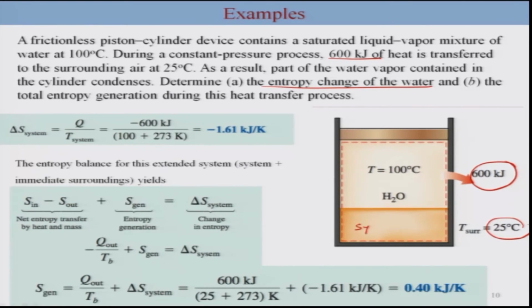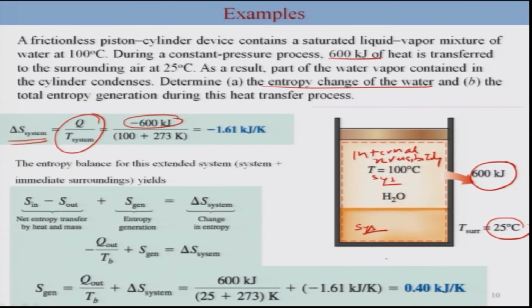That is the first question, which becomes very simple if you consider this to be your system. So this is your system, okay, and we are going to consider that there is no irreversibility within the system, and thus you can clearly write your delta S system is due to the heat interaction, which will be simply Q divided by T of system, okay. So this we are going to consider based on internal reversibility,